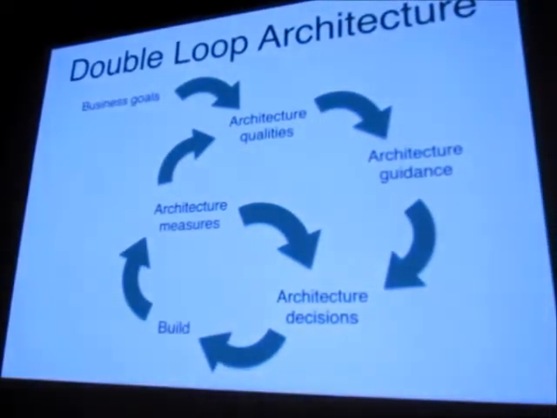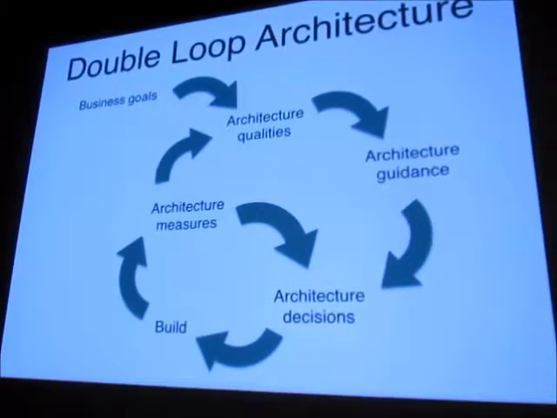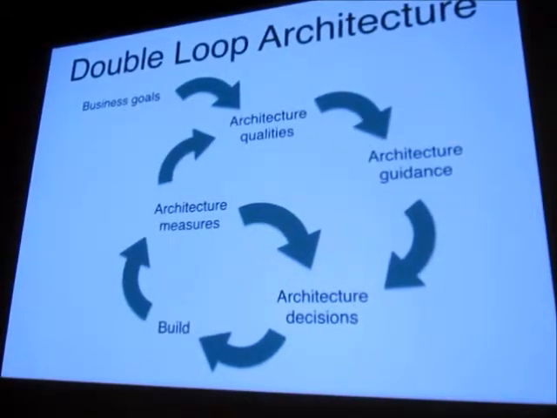And then our architecture should be aligned with those business goals. It seems obvious, but too often, especially with ivory tower architecture, they're building the architecture that they think is awesome and not really connected to the business value. So I'm going to spend a lot more time going through this, but I just want to point out, business-driven is probably number one, and that keeps you close to what's important for your business.